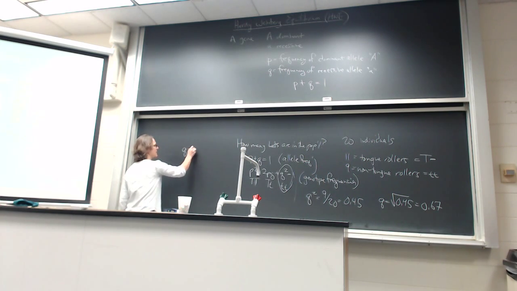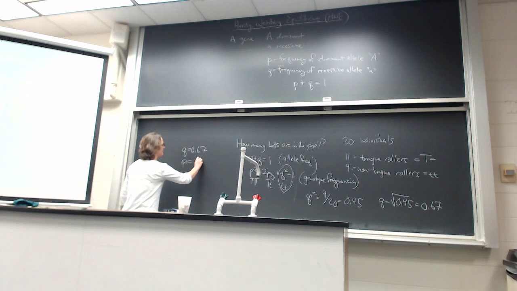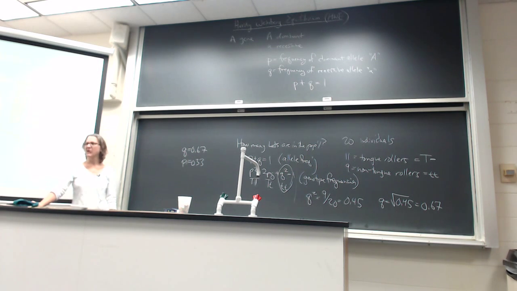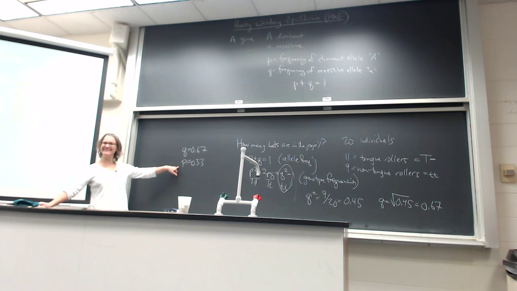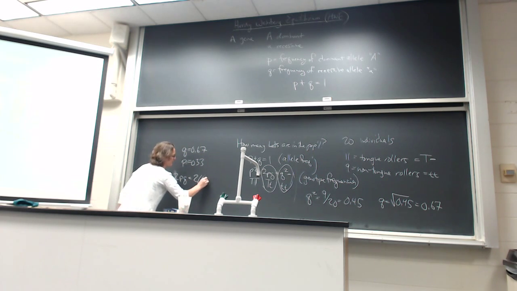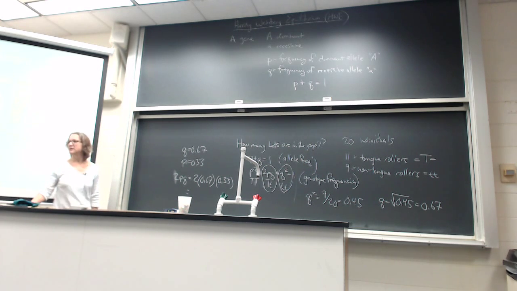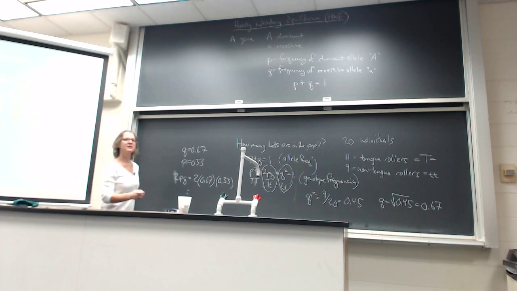I'm going to put it up here. q equals 0.67. That means p, we know p, right? Because p plus q equals 1. And we know q. We can easily get to p. Okay, now that we have our p's and q's, we can get the heterozygotes. How many heterozygotes are in our population, right? So someone please do the calculation. So our genotype frequency of our heterozygotes is 2pq, which is 2 times 0.67 times 0.33, and that is what exactly? Sorry, say it louder. 0.44. 0.44. So of the